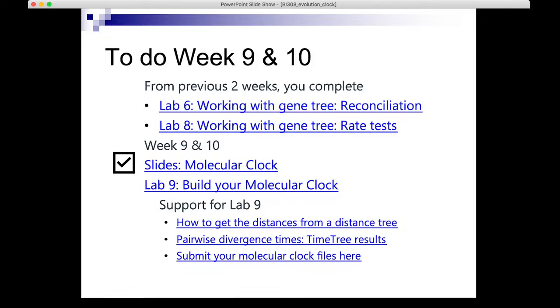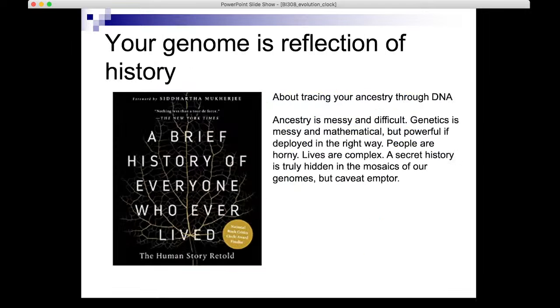All right, so on to some background. So, look, we've talked about this, your genome, and if you're a mouse, if you're an alligator, or if you're a human, your genome is a reflection of history. And so we can trace our history, our genetic ancestry, through, of course, changes in DNA sequence. And it's a pretty messy and mathematically complicated endeavor, but if it's employed in the correct way,